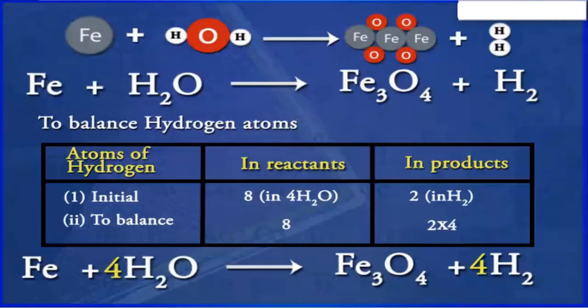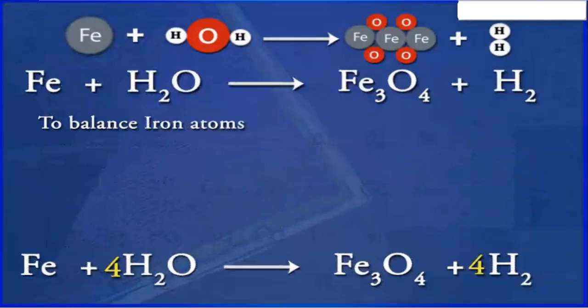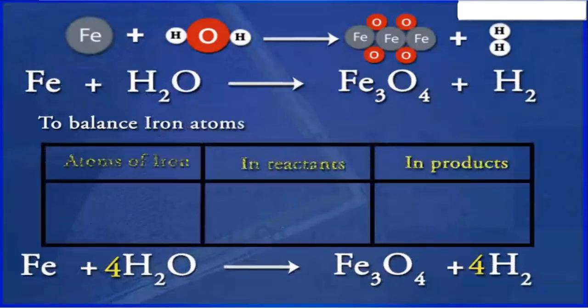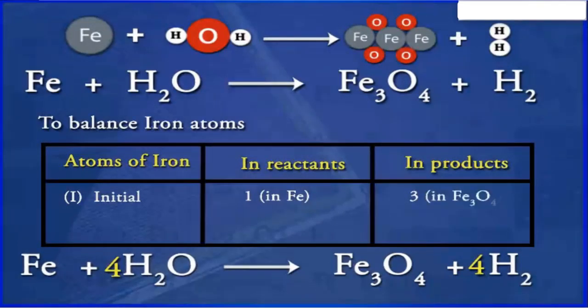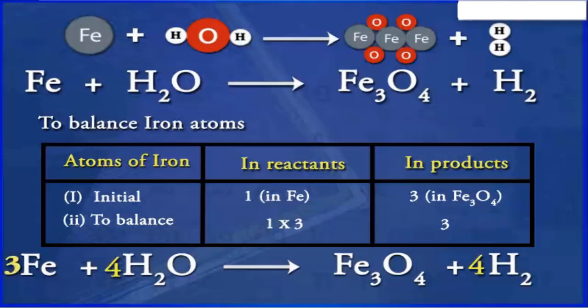Now the one element that is left unbalanced is iron, that is Fe. Atoms of iron in reactants: 1 in Fe; in products: 3 in Fe3O4. To balance, 1 into 3, 3. To equalize Fe, we take 3 atoms of Fe on the LHS. The equation has thus become 3Fe plus 4H2O gives